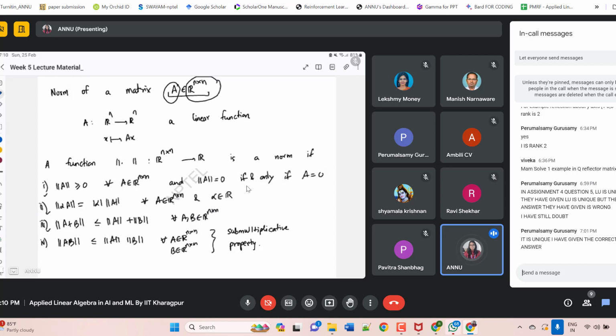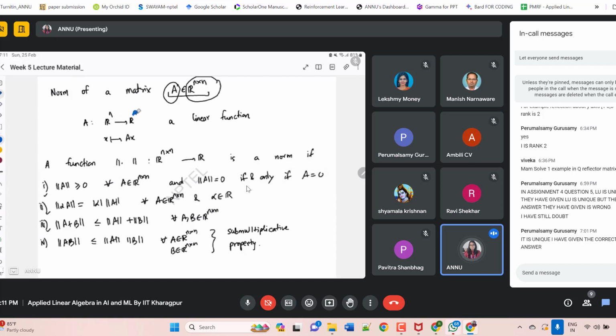Let's say A is a transformation matrix coming from R power n to R power n. That is a linear function. So what is a linear function? Suppose you have an x vector in R power n. It is transforming to A of x. This is actually a mistake. It should be R, because at the end, if you multiply the norm,